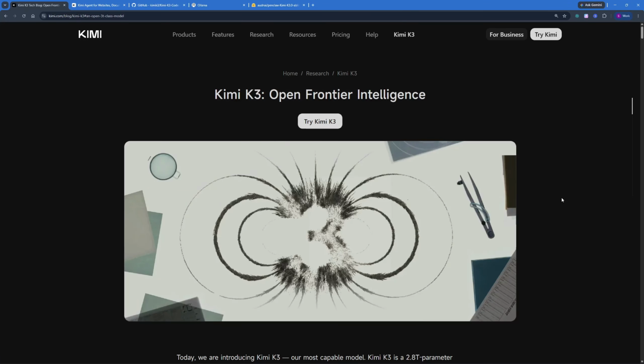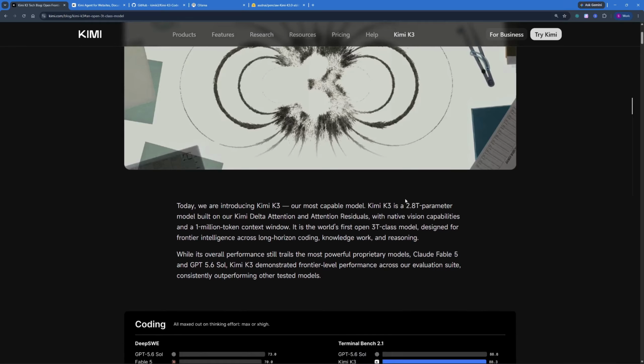Moonshot just released Kimi K3, which is an open frontier intelligence. Now, this is a 2.8 trillion parameters model built on Kimi delta attention and attention residuals with native vision capabilities and a million token context window, which is a huge context window. And it is the world's first open 3D class model designed for frontier intelligence across long horizon coding, knowledge work,